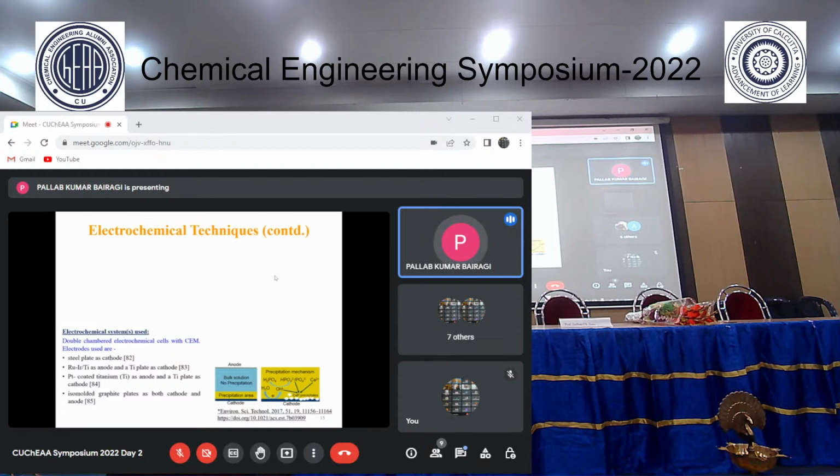Kappel et al. reported approximately 70 to 95% phosphate recovery from municipal wastewater using a steel plate as cathode. Lee et al. reported a maximum of 92% recovery of phosphorus using a platinum coated titanium based anode and a titanium plate as cathode. Pereira et al. showed more than 94% phosphorus recovery from septic tank effluent. Recovery of P nutrient along with N nutrient as struvite was also reported in several studies.